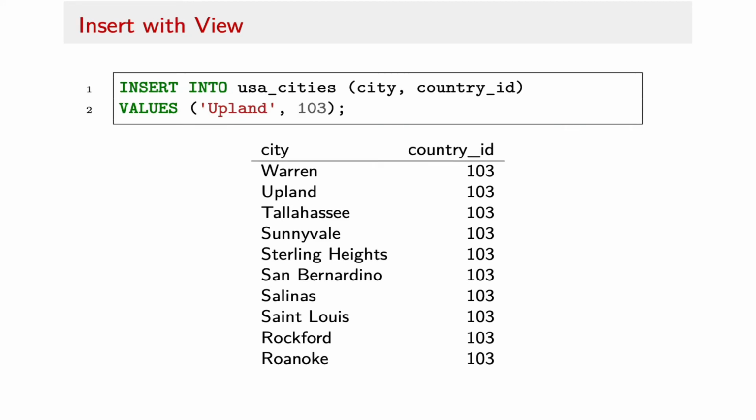We can also use this view to do updates to the database. So here's insert into USA cities, and then I'm listing the particular fields within that view that I want to update, and then supplying the values. I guess strictly speaking, Upland is not a city because we don't have a mayor. So this is a little bit fake, but whatever. So this is going to add Upland to that list. And you can see here in the result set that comes back, we now have Upland in the list,